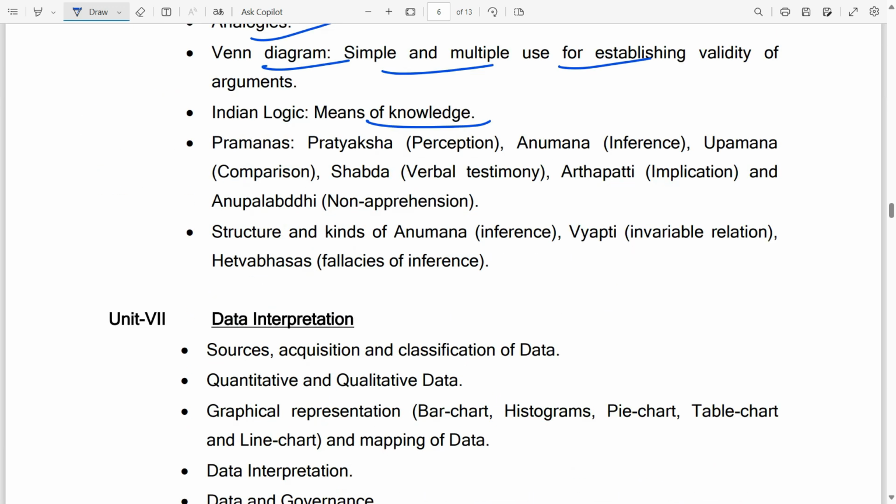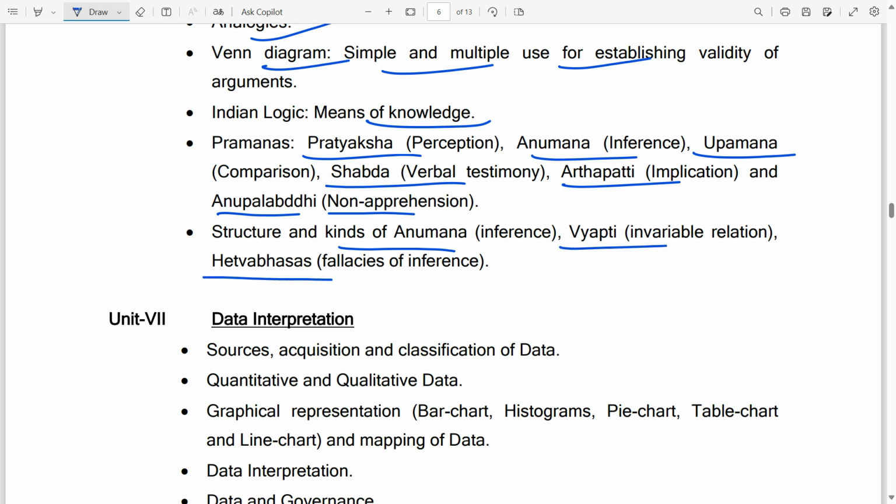Pramana, Pratyaksha, perception, Anumana, Upamana, Shabda, Arthapatti and Anupalabdhi. So these are the kinds of logical means which they ask. The structure of Anumana, Vyapti, Hetvabhasa. So these kinds of things they ask. We will discuss in detail when you are studying this Paper 1,